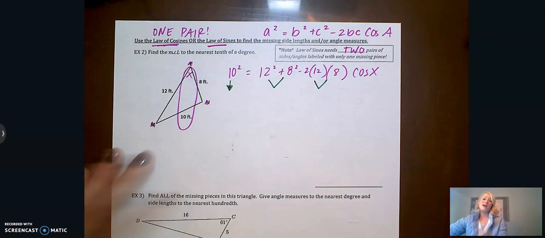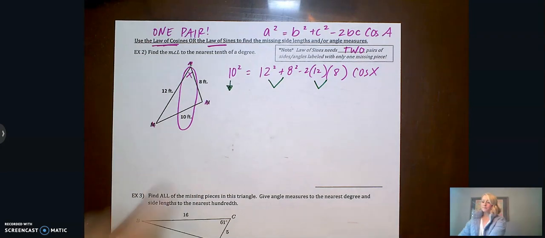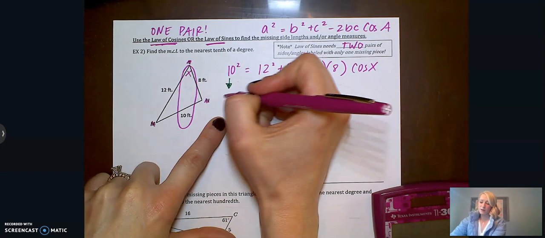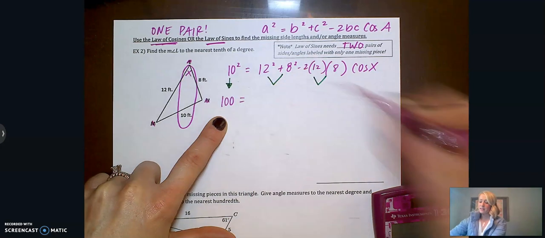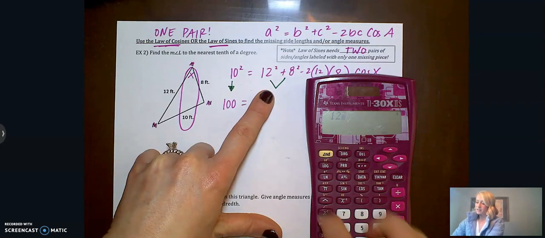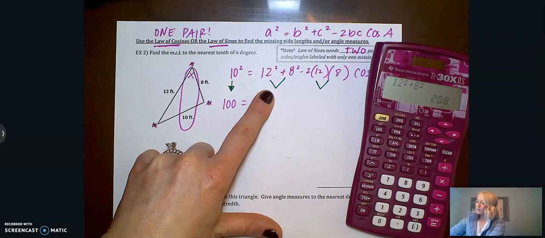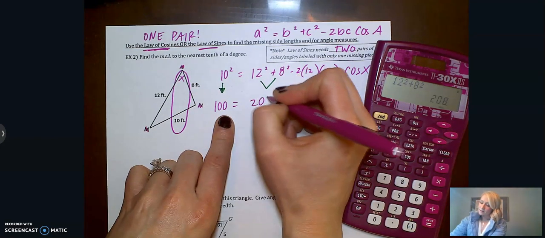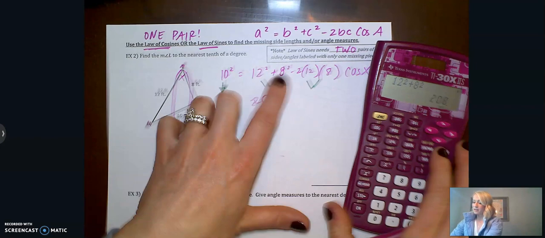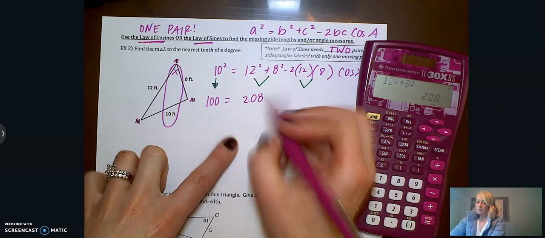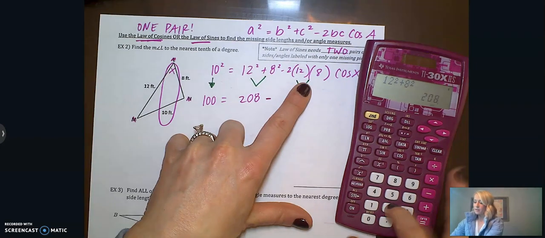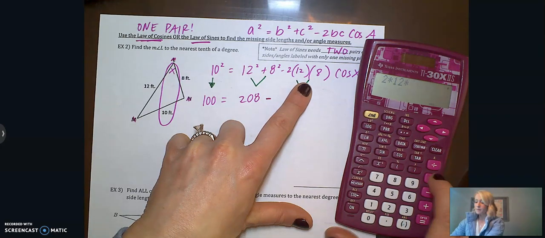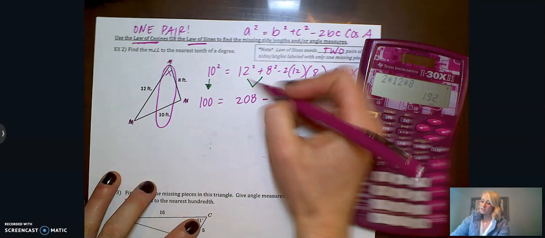But basically you find three numbers first. You can do this 10 squared over here. Obviously that's 100. You can square these two guys and add them together, so that's 208. This part always weirds people out. I know it's kind of hard to remember. And then you get this number. Don't subtract yet. You get this number, 2 times 12 times 8, 192,